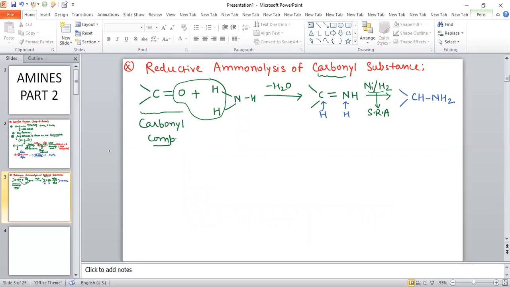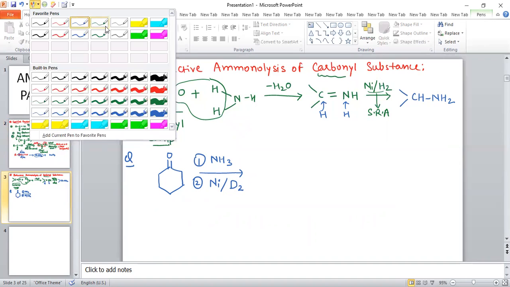Now you can see the questions related to this. The question based on this is like this: the compound we have given is cyclohexanone. The cyclohexanone in the first step reacts with ammonia, and in the second step there is reaction with nickel, but not hydrogen this time, D2, an isotope of hydrogen. So how will the reaction take place? I am going to discuss how this reaction takes place.